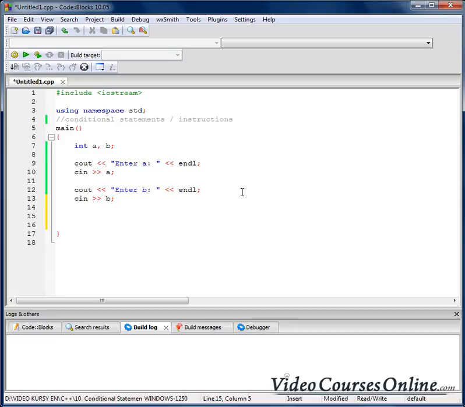Okay, so I will use a conditional statement which looks like that. If, parentheses, and inside parentheses I will write a condition, and a condition is just anything that can have as a final result 0 or any other number. So for example, any expression. So if I write a is greater than b,